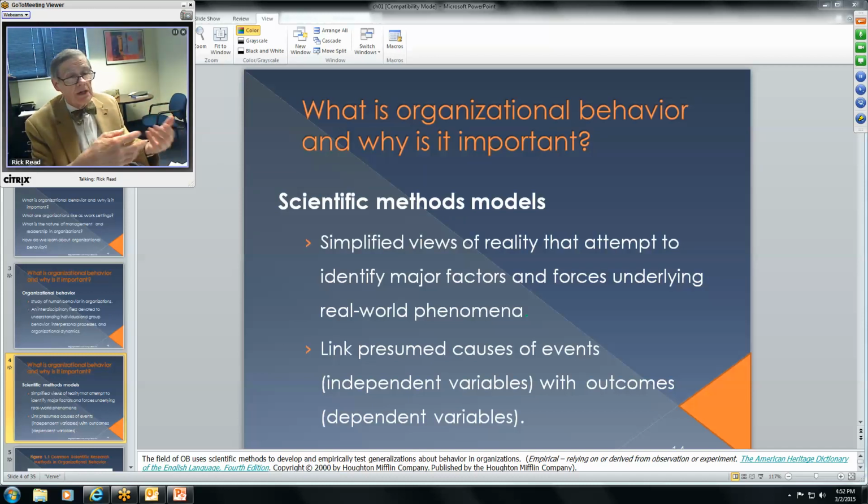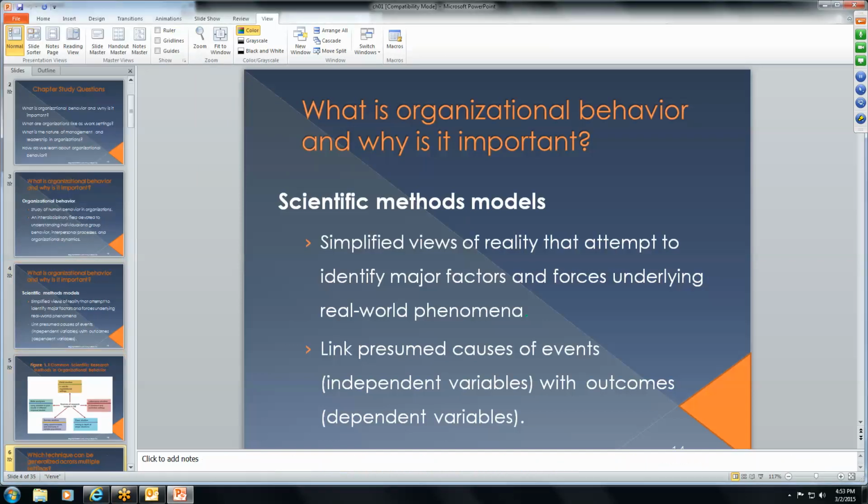And this is what we talk about here between causes of events with independent variables and dependent variables. Independent variables are ones that we cannot control. The dependent variables are. So we try to manipulate it to come out to something that we want to see, something we tried to envision. If you look at figure 1.1, which is the next slide that we're coming to here,